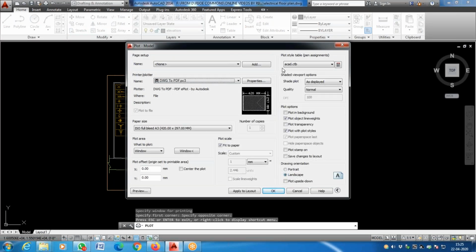So how will you do? I said using plot style. How will you create plot style? So I am coming directly to the subject. Here you see plot style. Whatever is selected is acad.ctb. Now instead of that, you go to